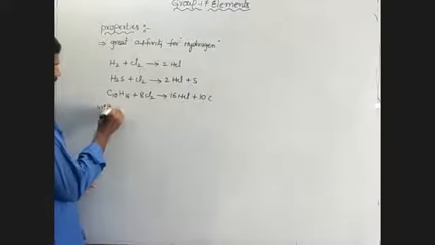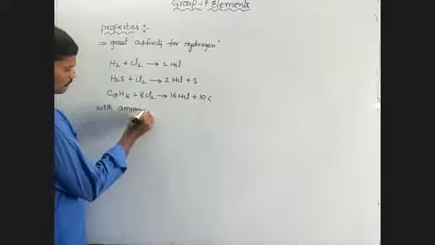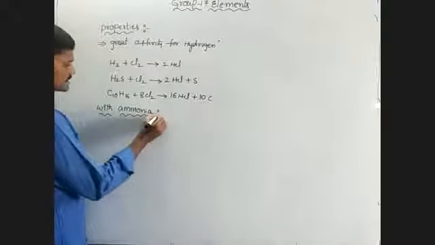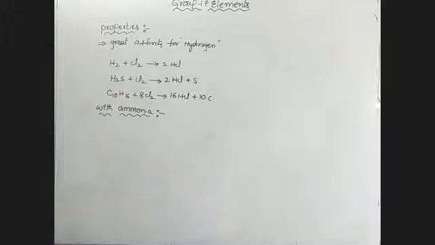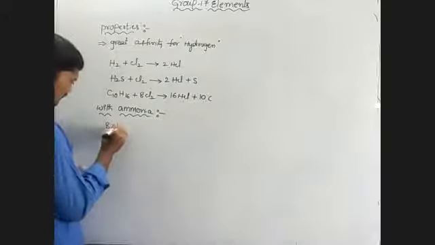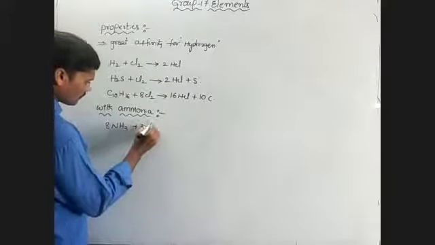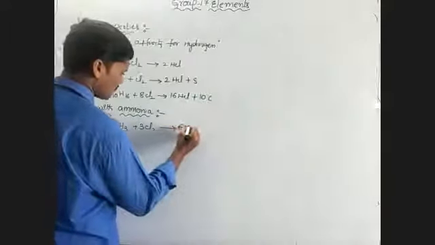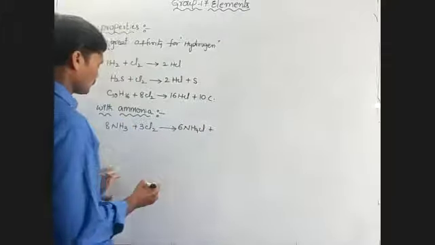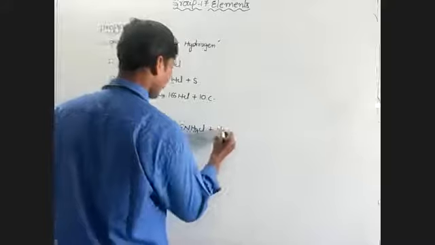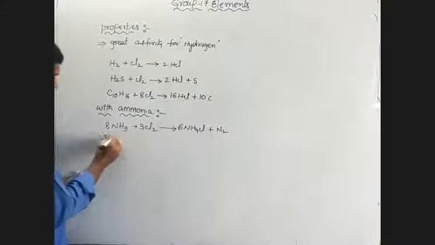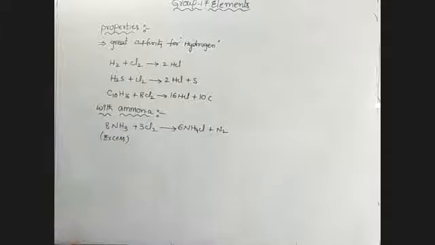Okay, right. So next one it reacts with ammonia. Chlorine with excess ammonia forms nitrogen and ammonium chloride. That means 8 moles of ammonia combines with chlorine, it forms ammonium chloride. The equation was already completed in the class, ammonium chloride and dinitrogen. In this case, ammonia is in excess. Chlorine combines with excess ammonia, it forms ammonium chloride and dinitrogen.